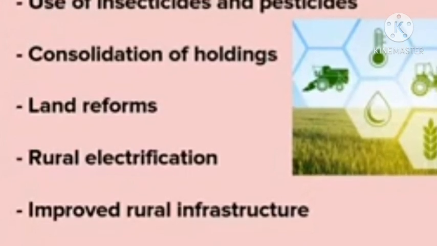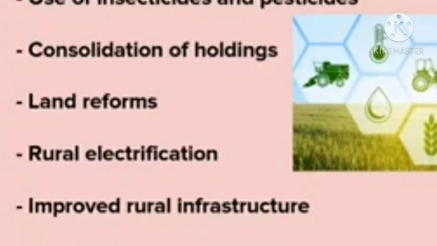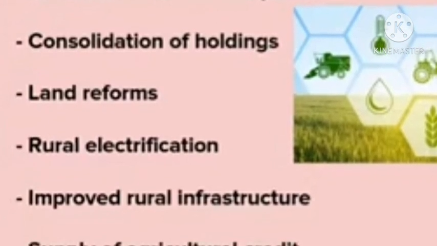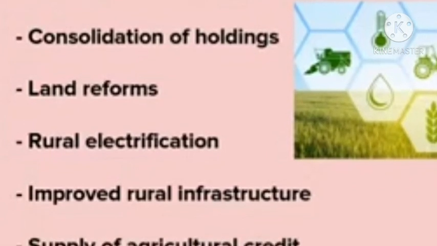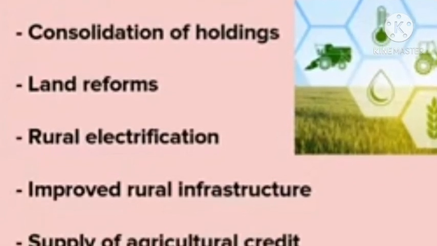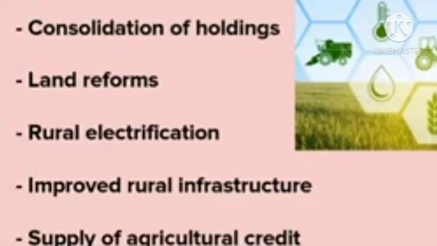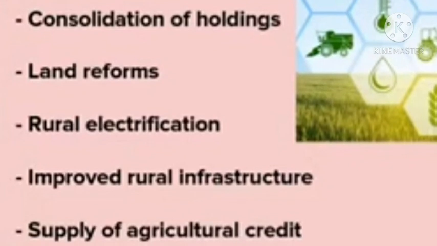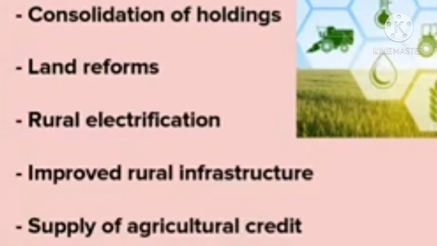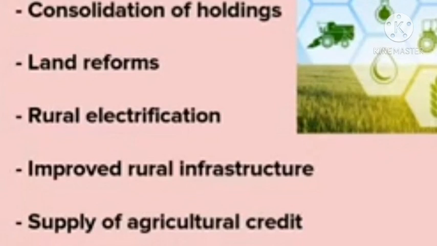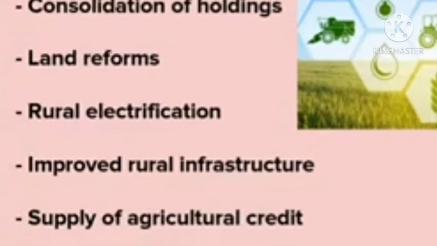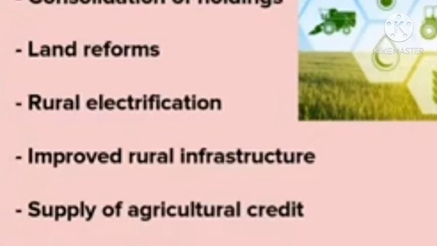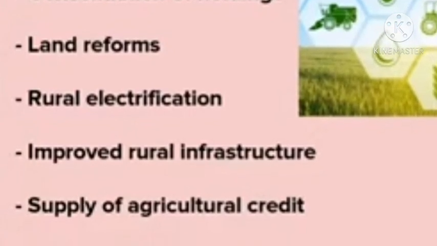The government started to supply agricultural credit, announces minimum support prices for agricultural crops from time to time, and started to give incentives to the farmers, Kisan credit cards, and started to give pension for farmers who are above 60 years of age, etc. All these are supportive to the farmers to stay in the agricultural sector itself. So those who had moved from the agricultural sector to other sectors were now coming back to agriculture because of these measures adopted by the government.